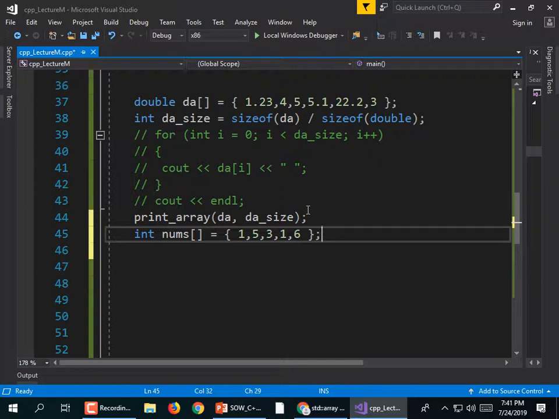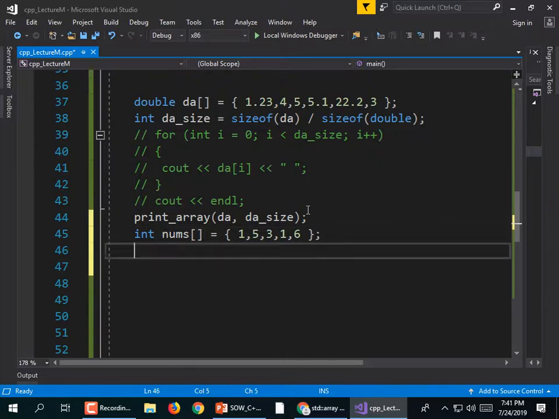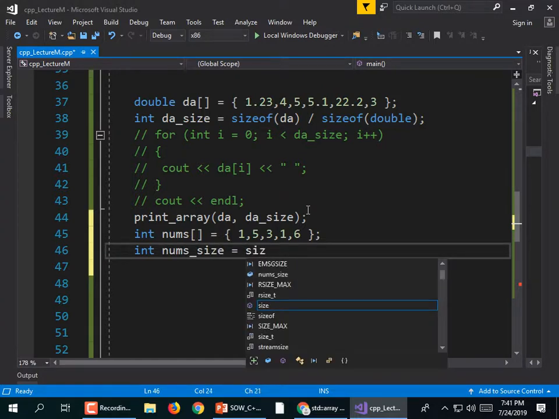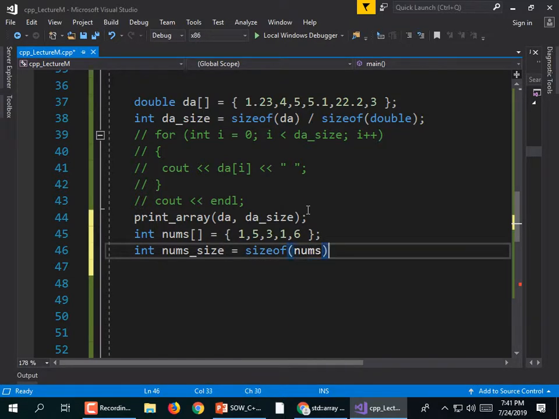We're going to need the size as always. But this one we could calculate on the fly, right? Because we could calculate it on the fly, pass it in as an argument to the function. Well, why not? int nums_size equals, and you know the business now. It's the name of the array, sizeof(nums) divided by sizeof(int);